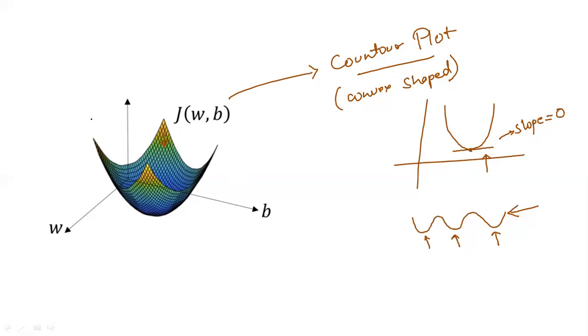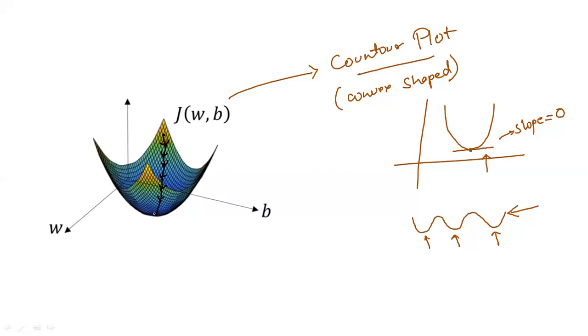Okay, so this was my initial point and this is my present point. So I shifted from point 1 to point 2. Now again you stand at the second point and you look 360 degrees around you, and you find that when you descend to this point, then you will get another value of cost function that is smaller than the present value. And subsequently, when you apply this cost function and update the values of w and b, then you will find that ultimately you will reach the global minimum.